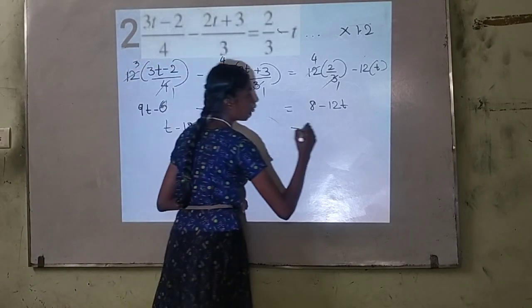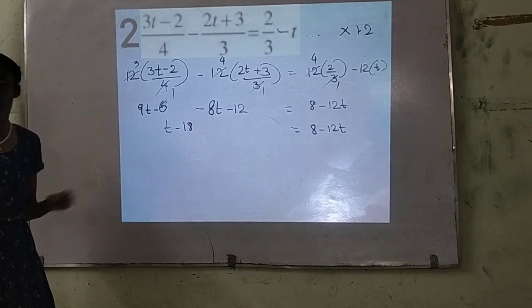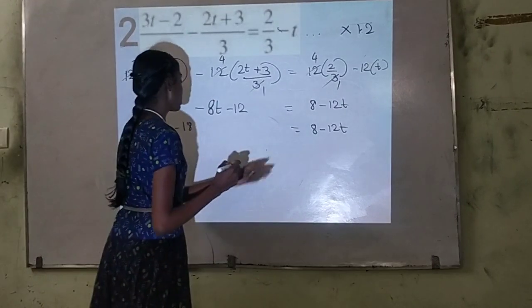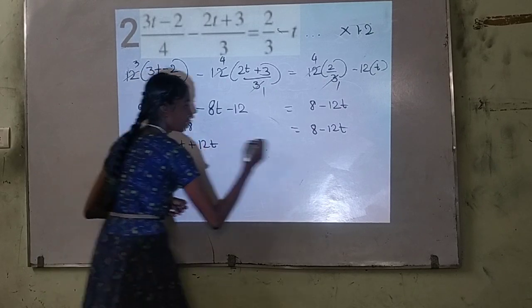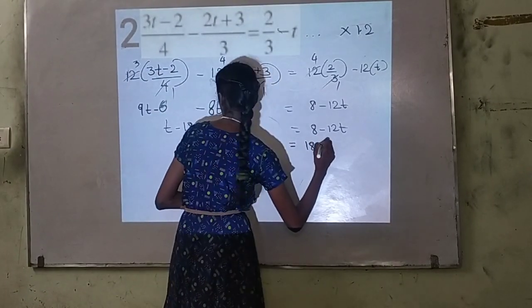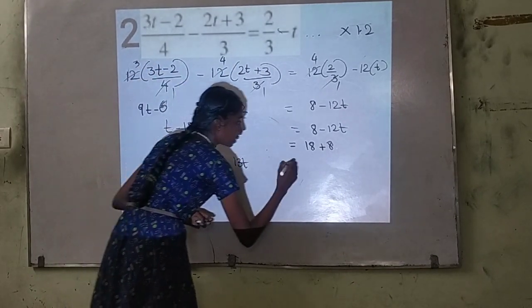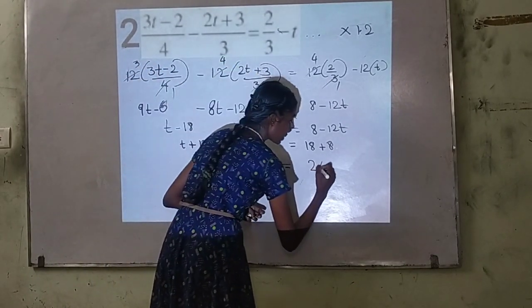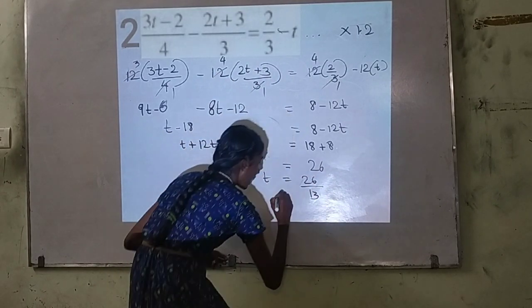18 is equal to 8 minus 20. Let me take all the constants one side and all the variables on the other side. So t plus 12t is equal to 18 plus 8. This gives 13t is equal to 26. t is equal to 26 by 13. The value of t